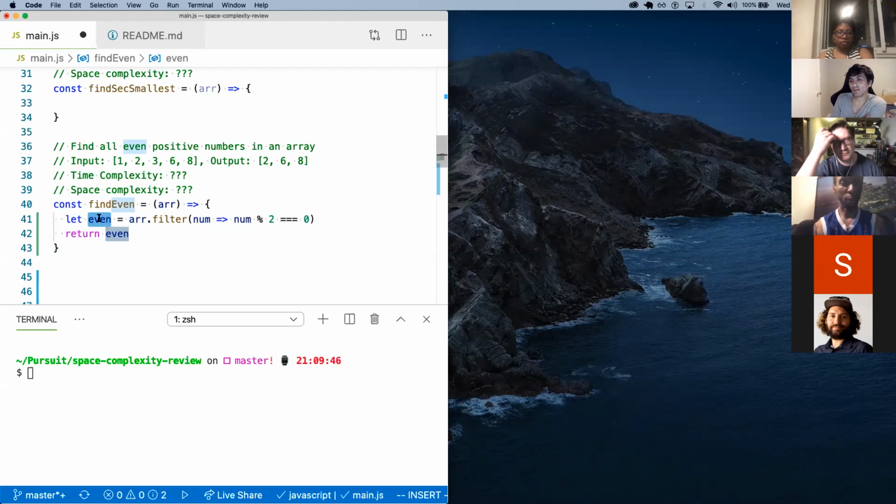Mm-hmm. So if we only had one even number, then only one thing would be in the even array, but if we had multiple even numbers, then we would have n even numbers in the array when we filter it. Yeah, I think what you were trying to describe was the worst case. What's the worst case for this? 0 or 1 element will be the easiest case. What will be the worst case that you said at the beginning, where all the numbers